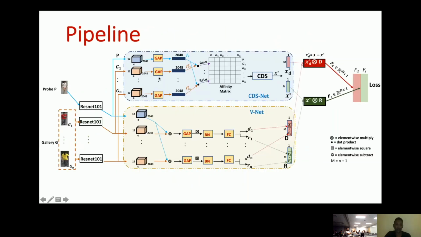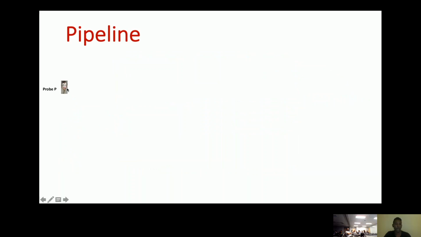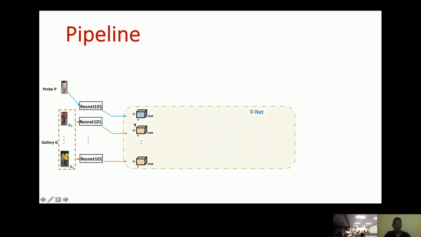Here is the workflow of our proposed method. As you can see here, we have two branches. The upper one is the branch which involves the constraint dominant set, and the lower one involves the verification network. To see the workflow of our method step by step, we are first given a query image and a gallery image. We first compute the ResNet 1.1 feature right before the global average pooling layer, and then we compute